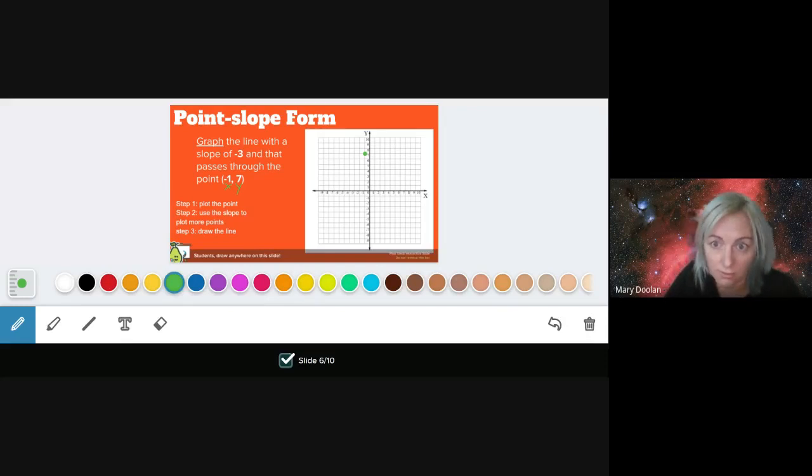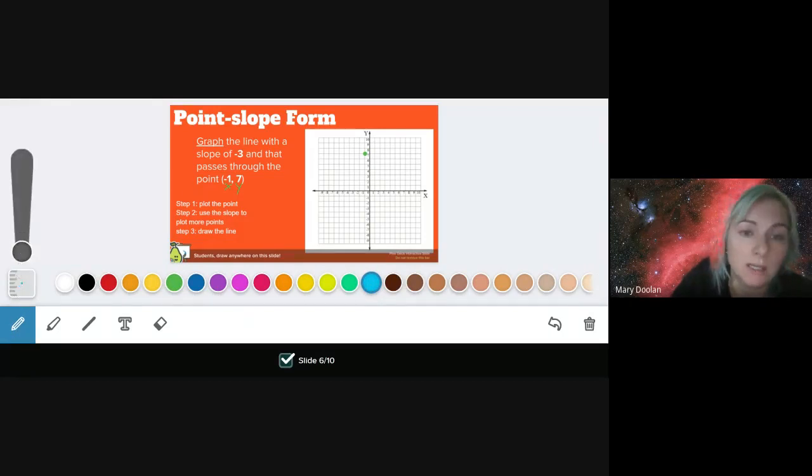Okay, so we've seen a couple of you are moving them to where they should be, which is great. And now the next step we're going to do is I'm going to use the slope to plot some more points. And what is my slope? Okay, so if I'm going to use my slope, which is given to me that it is -3,